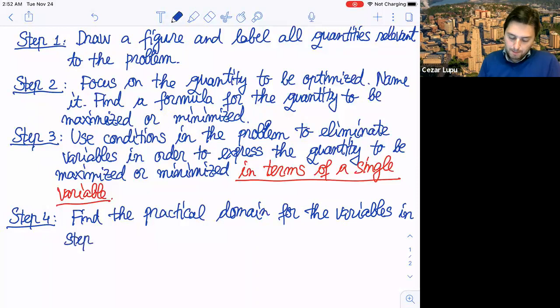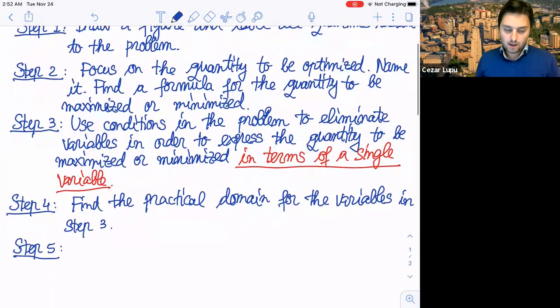And now the last step, step 5, what we would like to do here is,